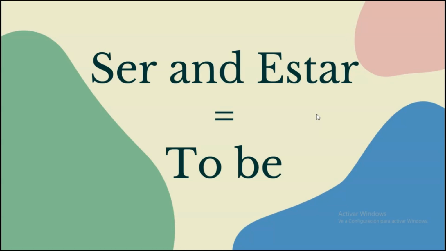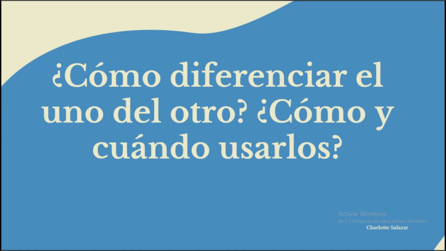In Spanish, the literal meaning of the verb to be is ser and estar. The use and the meaning of these verbs differ from how they are used in English. But then, how to differentiate between the two? When and how should we use them? ¿Cómo diferenciar el uno del otro? ¿Cómo y cuándo usarlos? Well, here are some tips to distinguish between them and understand when and how to use